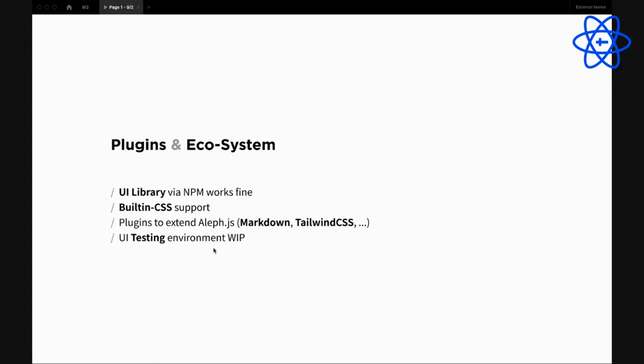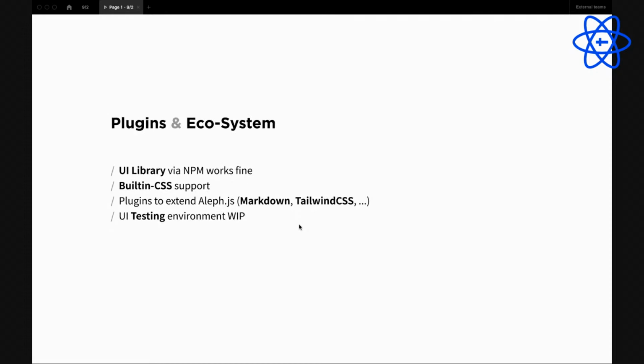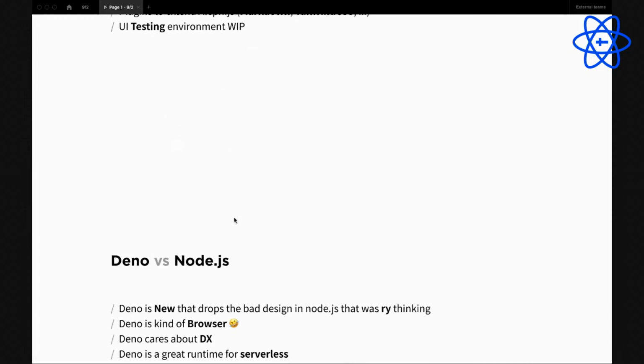For example, you can support Markdown pages, Tailwind CSS, and we have a plan to create some testing library for Aleph.js. This is work in progress.